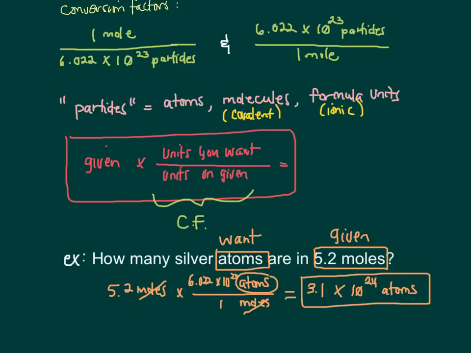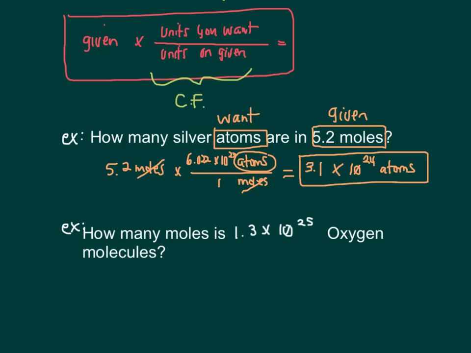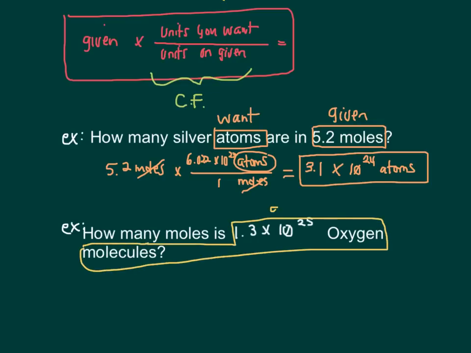Let's do another. All right, in this one, we are asked how many moles are in 1.3 times 10 to the 25th oxygen molecules. So this right here is what we were given, and we're asked to find moles. So we're going to set it up with our little template where what we were given is 1.3 times 10 to the 25th molecules,